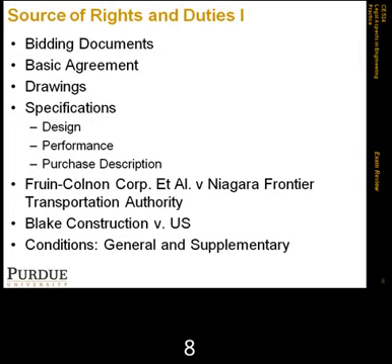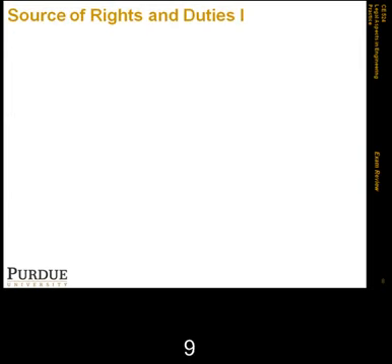The final thing we talked about is site subsurface conditions, and these are often included in the invitations to bidders, but sometimes they're not included as part of the contract